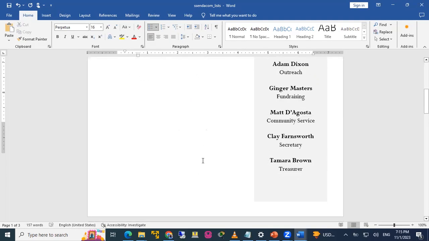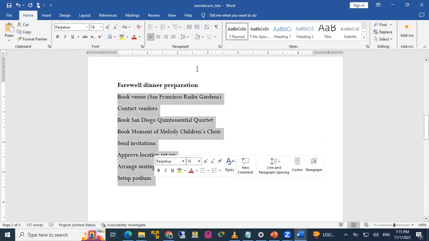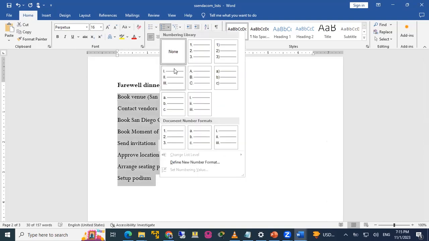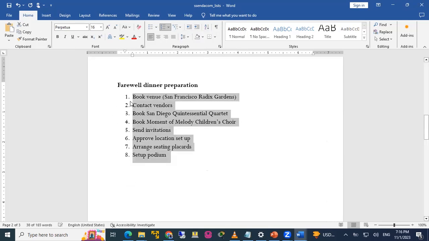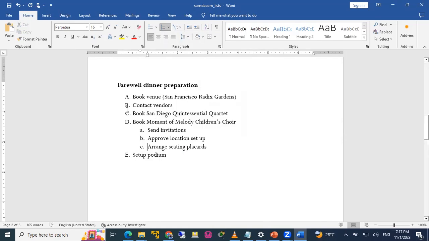And then for the numbers as well, so I go down and I want to use this one for numbers. So I go here and I select the numbers. So I can do 1, 2, 3, 4, 5, 6, 7, 8. I can as well do I, II, all this. I can do capital A, B, C, D. You can do all these things. So if you want to do like A, B, and talk about D, like in D, we have another set of options. And then we come to E. You can use the tab key to do those things.